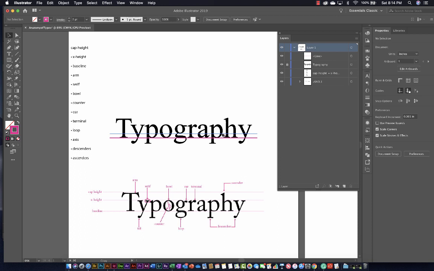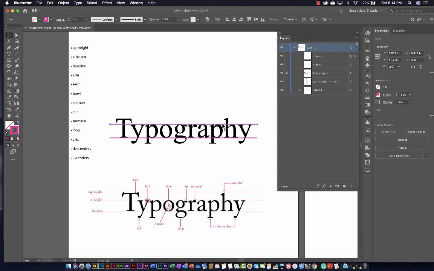Then I'm going to duplicate this line using my selection tool. V is my shortcut key for a selection tool. And if I start dragging this line while I hold Option, Alt if you have a PC, what I'll get is a duplicate. So Option, click, drag, release, duplicates anything you're working on. If you hold Shift and Option, you'll be able to keep it aligned with your original line. So I'm going to Option, Shift, click, drag, release,